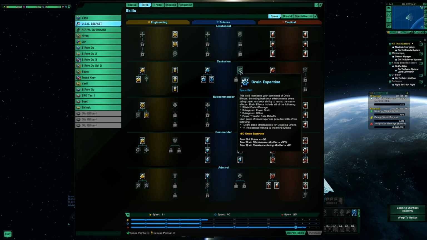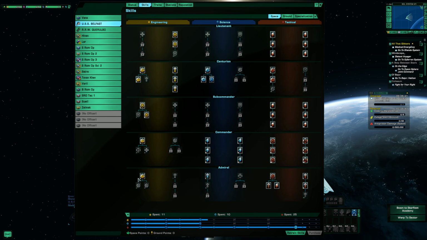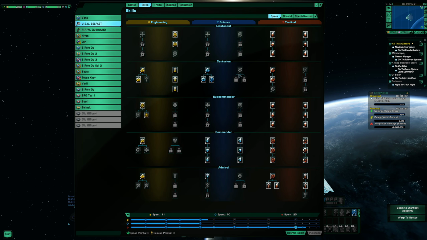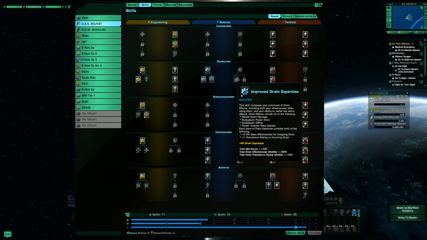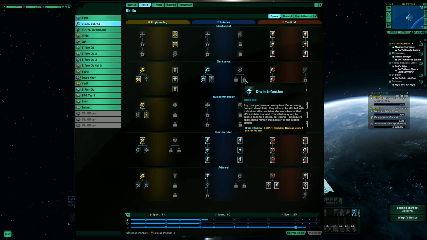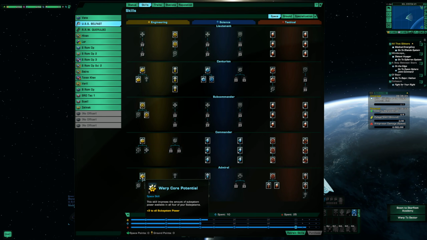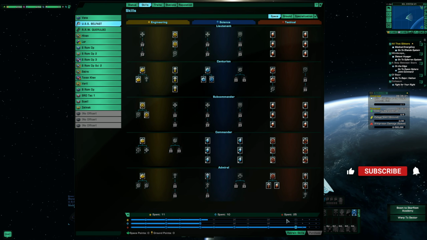damage ability. It probably wouldn't hurt to maybe go with some drain in here. So I mean, we could probably take some of like the power stuff here, these two, and put it into like drain expertise, and then we could go improve drain expertise. Drain infection, maybe. You can get a decent amount of electrical damage out of this. So if I were gonna redo this, I'd probably take 2 points out of these two here, and I would probably take another one out of tactical readiness and fill this in, and this would really kind of max that